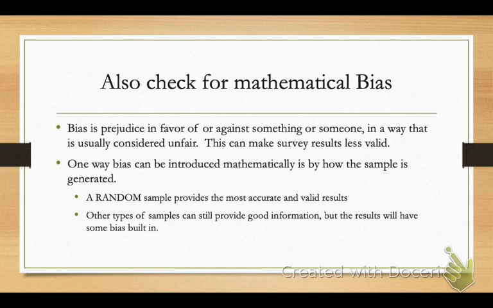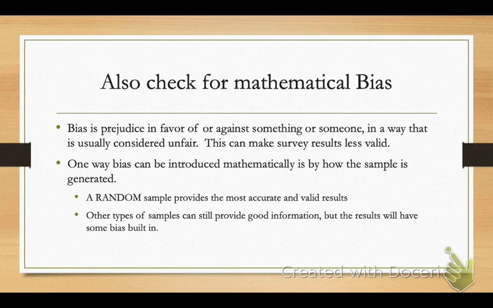Now, bias is also created mathematically, or can be created mathematically. And one of the ways that it can be created is by how the sample is generated. Now, there's a whole bunch of different kinds of ways to generate a sample. You can do a convenient sample. You can do a self-selected sample, a clustered sample. But the very most